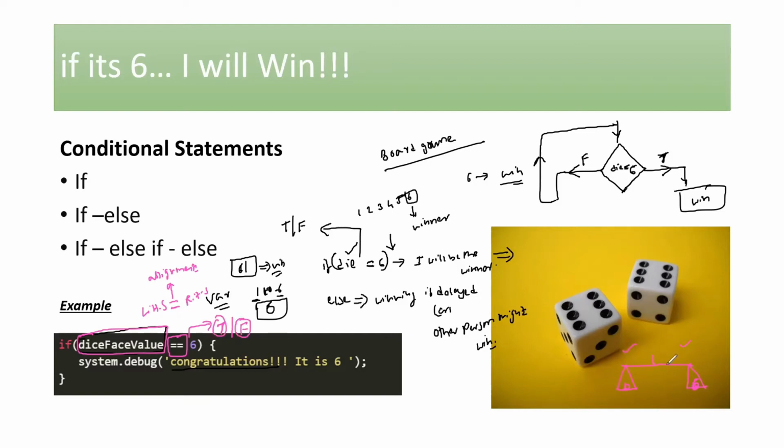I wanted to check if the value that we have on the die face is equal to 6 or not. Anything apart from 6, this pointer would not be pointing to the center, right? So if that is true, if this value is 6, that is where this condition would be set to true. The condition that you write inside your small brackets, if that evaluates to be true, that is where the logic that you have in these curly braces would be executed. As of now, I have a single line of code, which is nothing but the system debug. If there are multiple lines, the entire block would be executed.